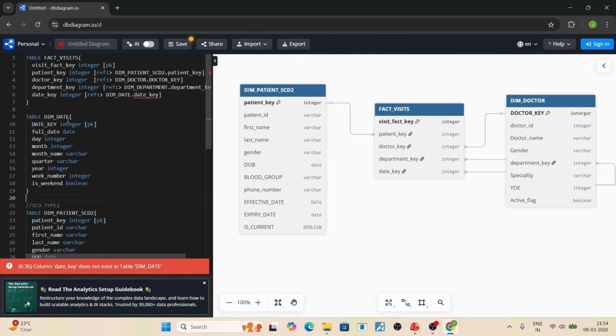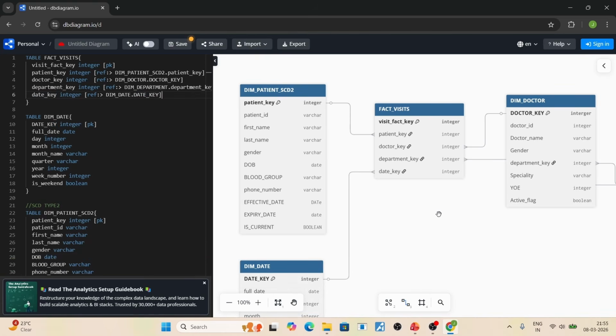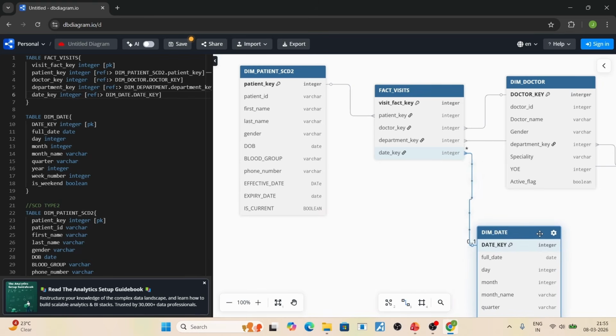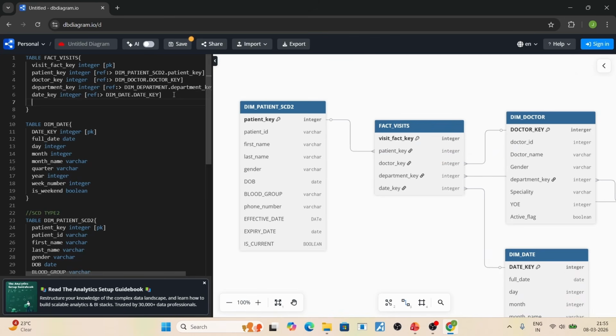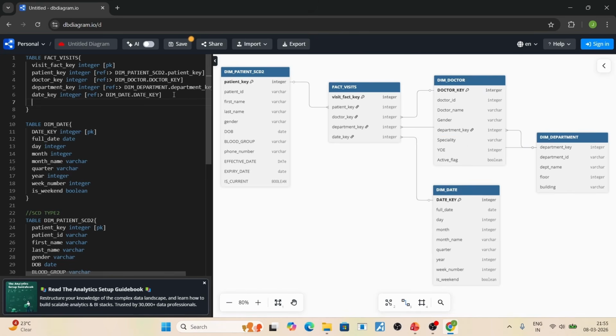Why? Okay, maybe I just need to copy paste. Perfect, perfect. Now I have my date dimension here. What else does a patient need? He came, went to the staff, and then the staff told him to visit this doctor in this department. We had stored that information, and we know the date when the patient visited, and